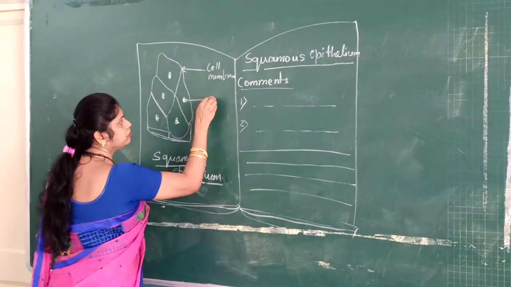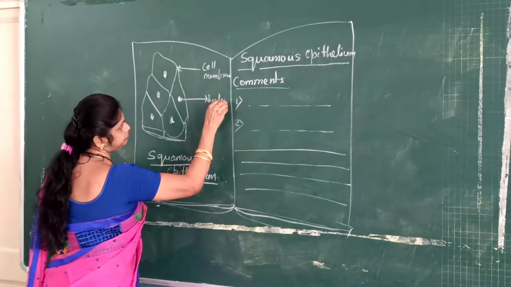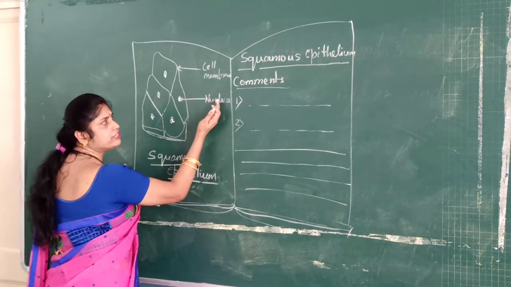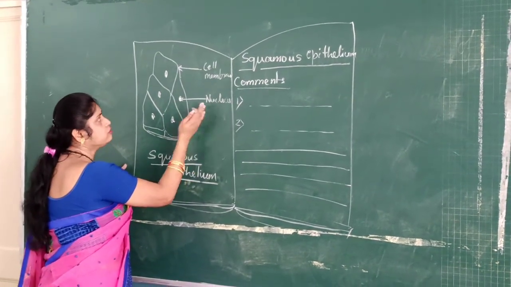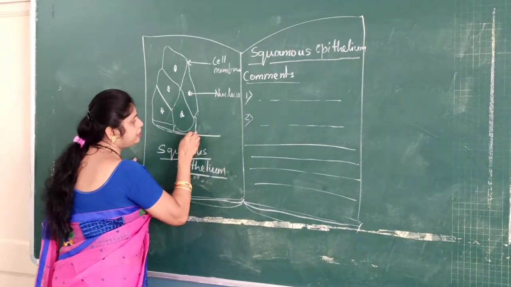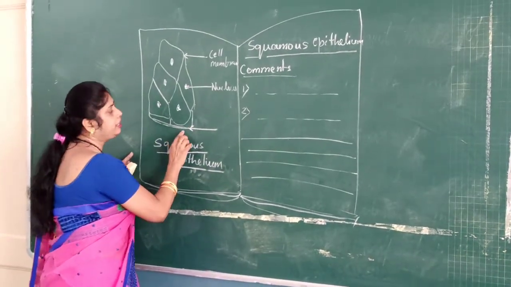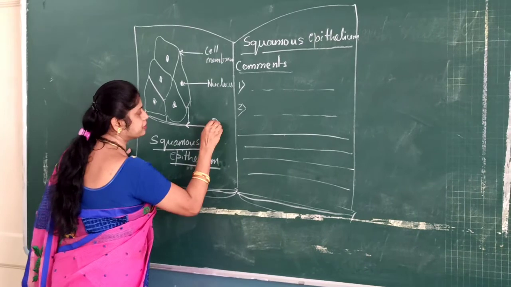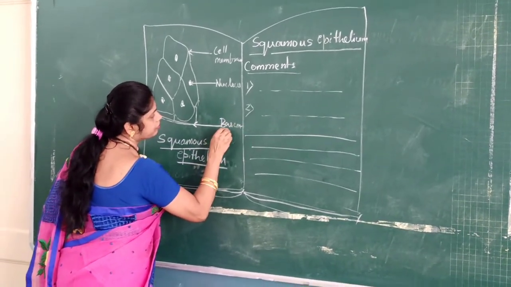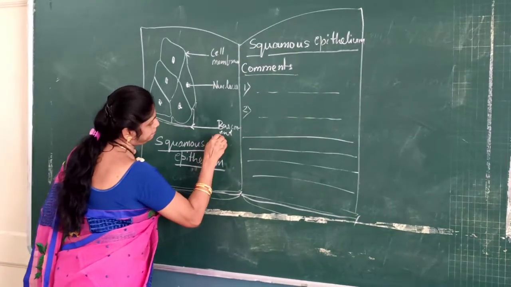Now this you want to show the nucleus, you write down nucleus. So like this you have to do. So all the labeling you always write on the right hand side. So this diagram you will find will look good, and this is the way how we have to write. Here you will write this is the basement membrane.